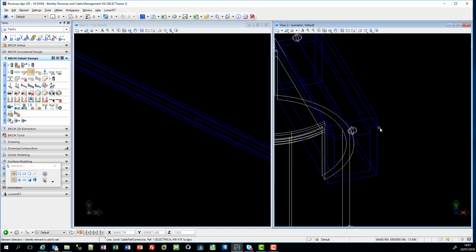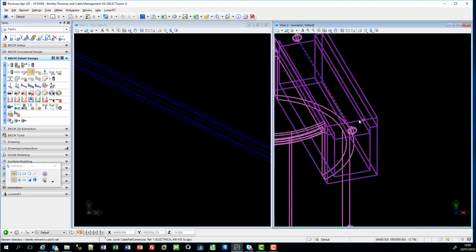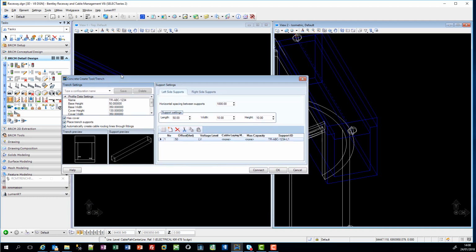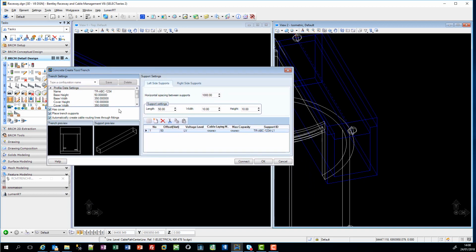For trench system, you see here from Promis.e, it's not directly possible to create a trench system from a line, but it's possible to create a trench system with settings. So I have defined here a trench system with the same dimensions as from Promis.e here, and also added two supports. To one support to the left, it's a 50 millimeter support for low voltage. And on the right side, I will use a